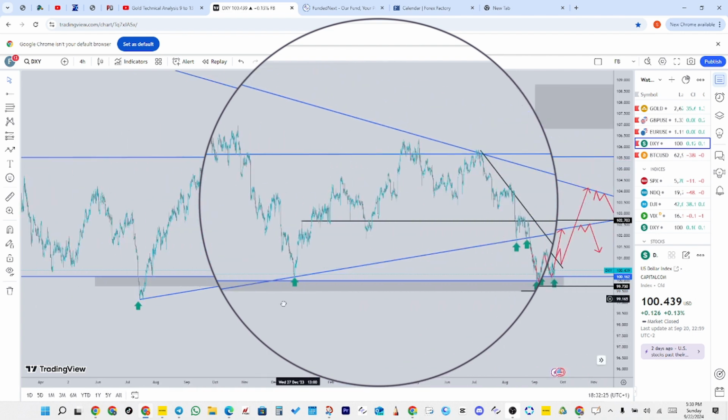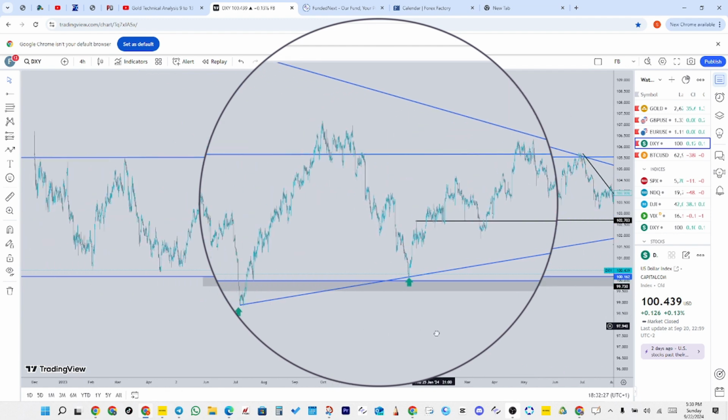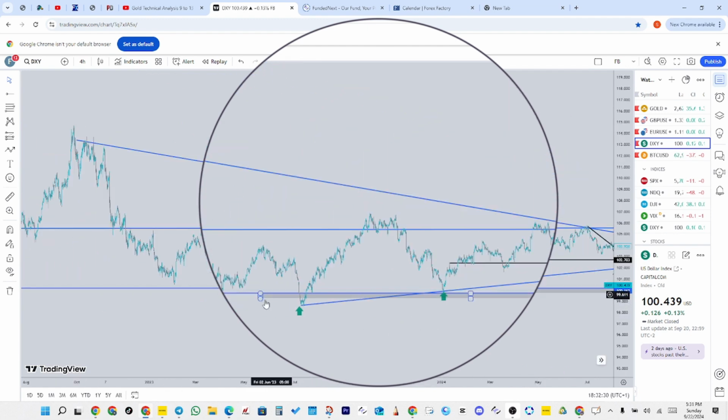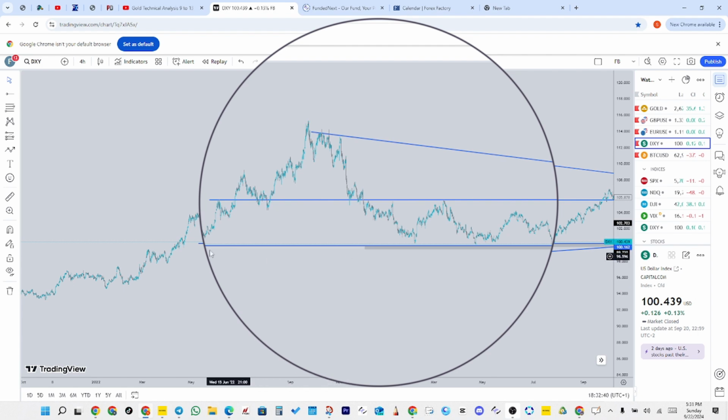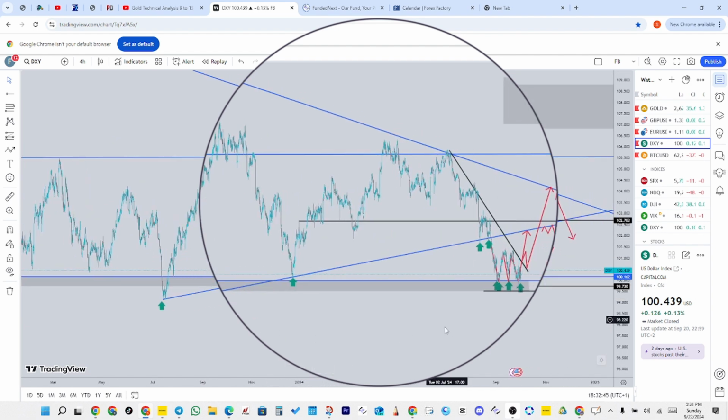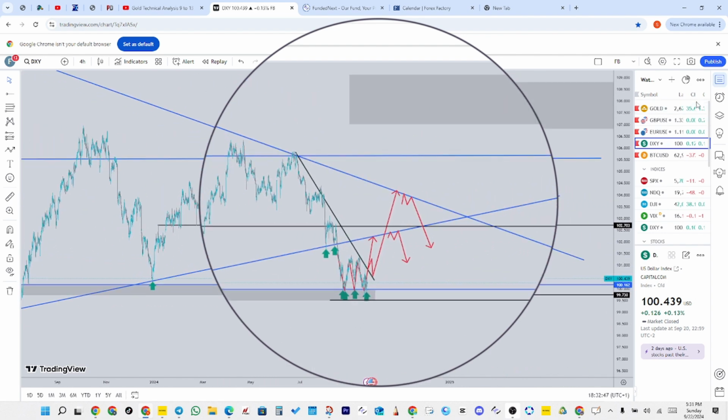So you can see that it is more or less like a fake out. So this zone is a legit zone. Yes, very legit. So we are going to work with this one. And this is for the XY. If that is what is going to happen, it's going to affect EUR/USD, it's going to affect GBP/USD as well.